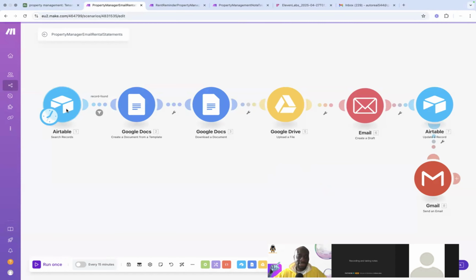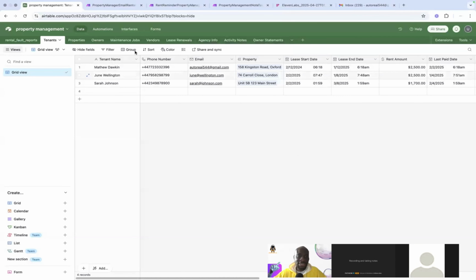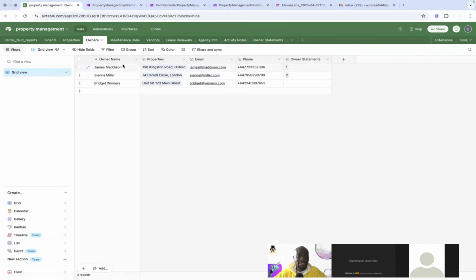In our case, this is the Airtable here. It has records for the landlords. Where are the landlords? The owners here. So these are the landlords, and we've put in the email addresses that the emails will go to, and